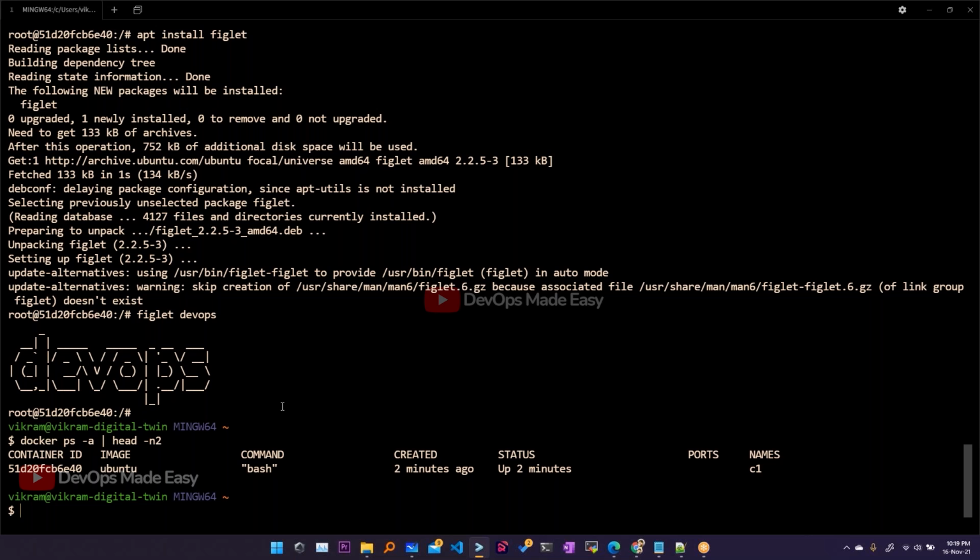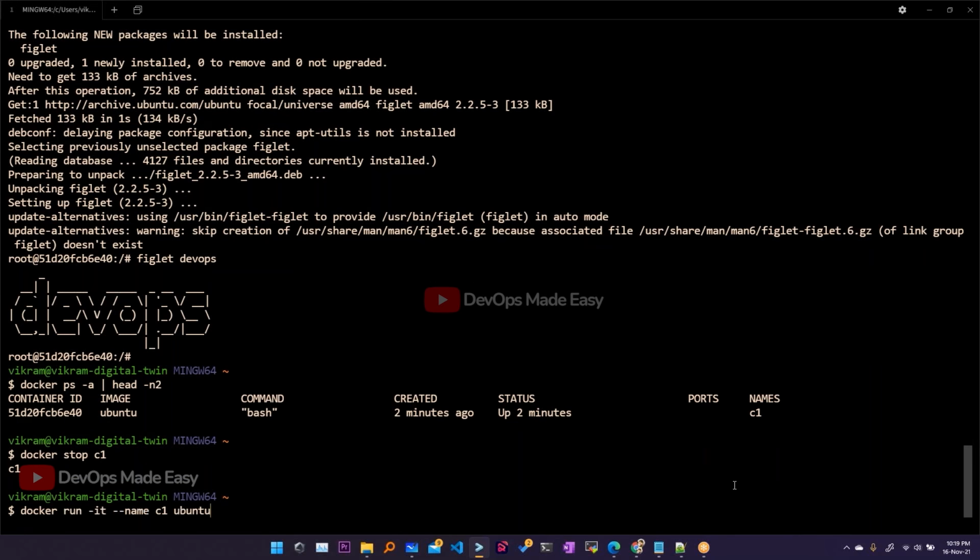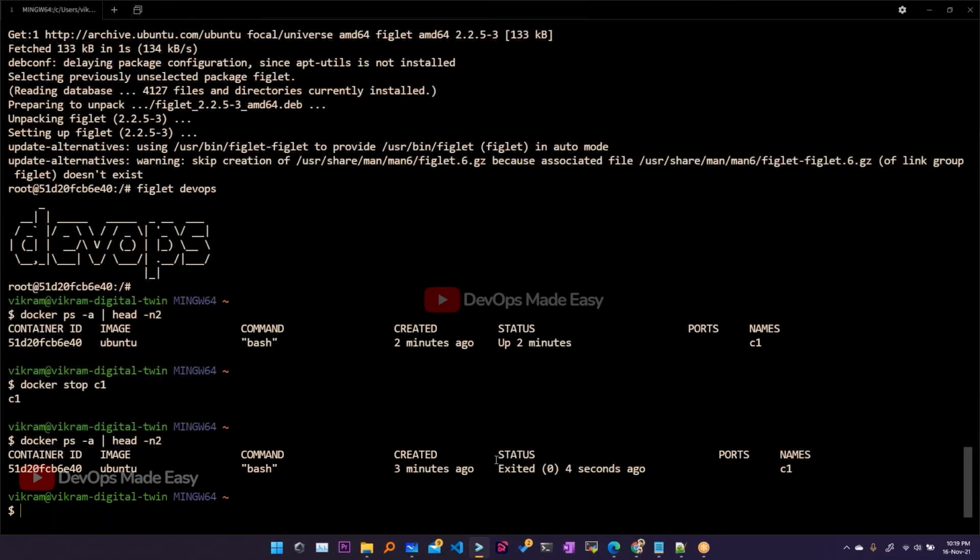Let's say you wanted to take the backup of a particular folder. If that folder is continuously getting populated with other contents because someone issued a copy command into that folder, you cannot take the backup because you have to stop the copy first, and then take the backup. Similarly, if the container is in the running state, you cannot take the snapshot. You have to stop it and then take the snapshot. That's why we use the docker stop command with the ID or name of the container to stop it first. Then if you do docker ps -a, you can see that the container has exited.